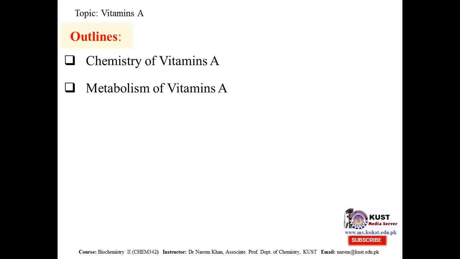Outlines of today's topic. We will discuss the chemistry of vitamin A, then the metabolism of vitamin A, how vitamin A is taken in the food, how it is changed, and how it is absorbed. We will talk about the different sources from animal and possibly from plants of vitamin A